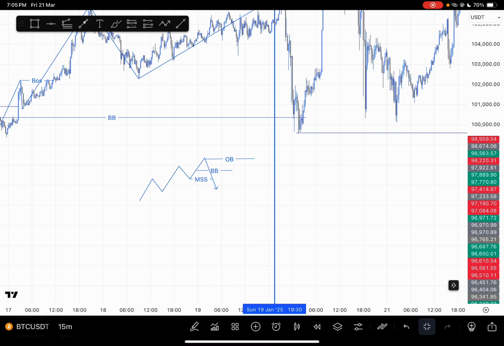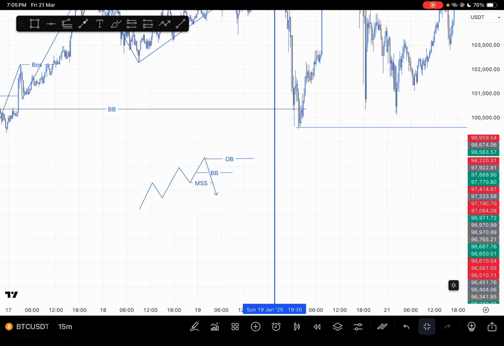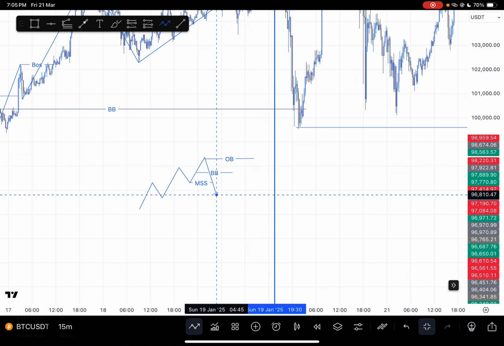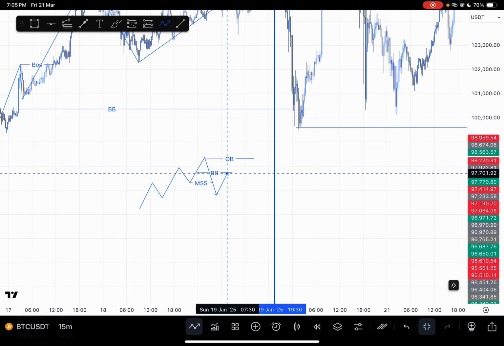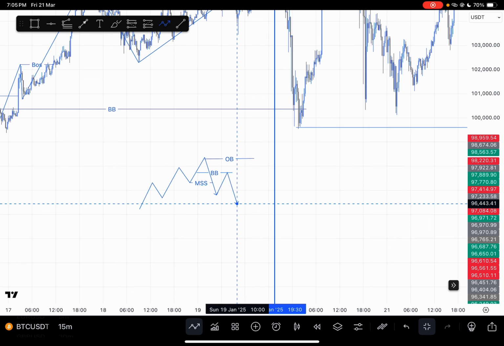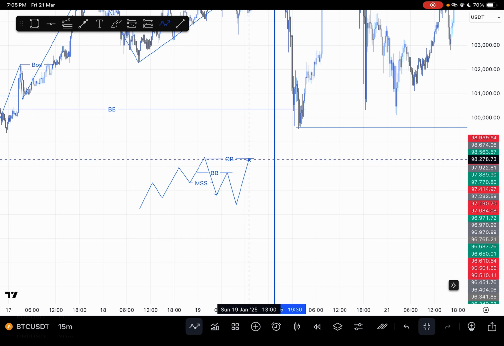So there are two things you must always look out for when taking trades using this market structure shift. If there's an order block and a breaker block together at that region, what should you expect price to do? Price will first of all use the breaker block. Always note, it will always use the breaker block first, then it will go down to take out the previous low. First use the breaker block, take out the previous low, then you expect price to go for the order block